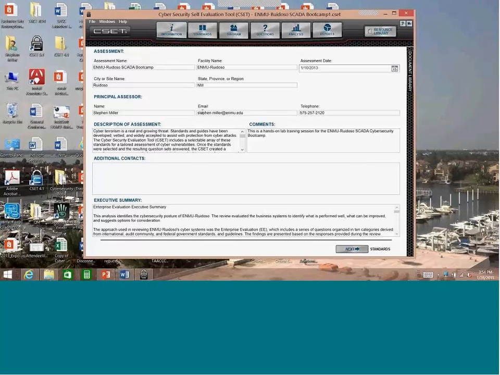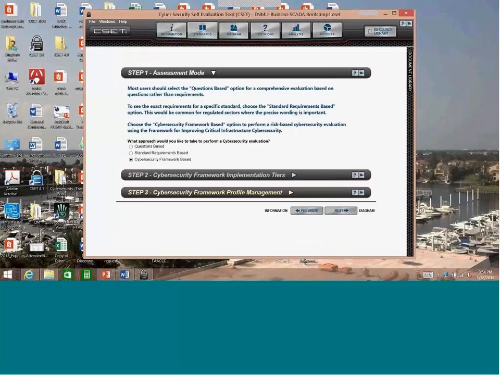So you start out with the information of whatever your assessment name is. Then the next thing is you're going to look at standards. And so you have an approach. What approach do you want to take on your cybersecurity evaluation? Do you want a questions-based